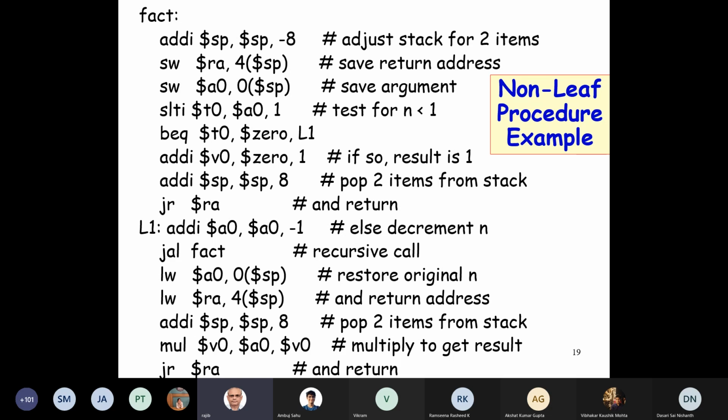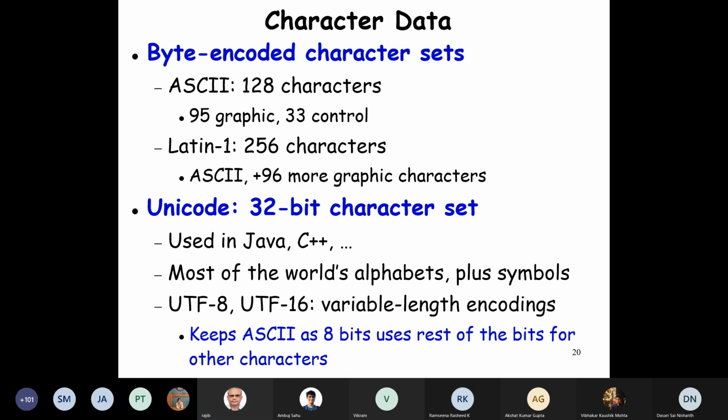So we are almost done with the basic assembly programming. We'll just take some examples. Before that, let's look at how character data is handled. You know that ASCII has 128 characters, out of which 95 are graphic symbols and 33 are control.